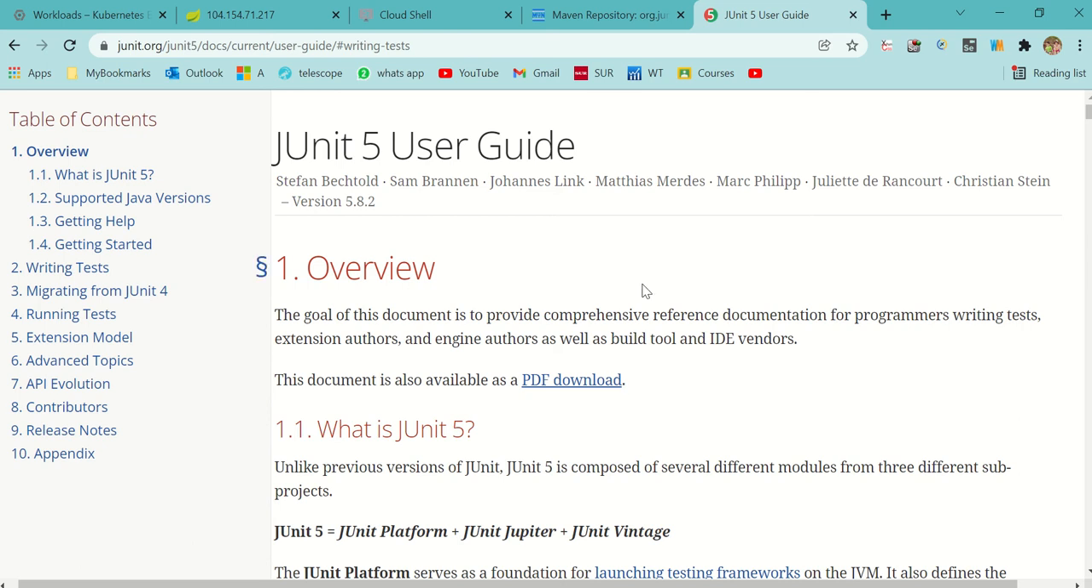JUnit 5 introduced a lot of new features, and now it's really a very good unit testing framework. Earlier, JUnit 3 and 4 didn't have that many features, and it was generally used by developers for their unit testing. But with JUnit 5, even the automation guys can take advantage of the new features. Generally, we have seen that automation guys go with TestNG and developers go with JUnit. But with the introduction of JUnit 5, I think the automation guys can also consider writing their test cases